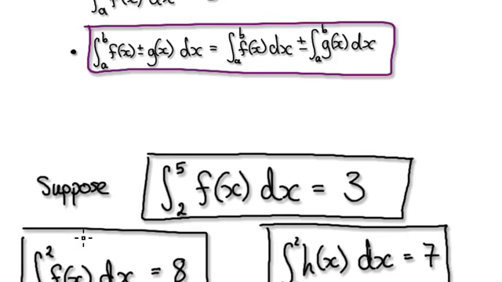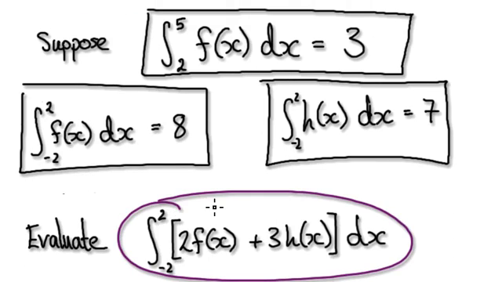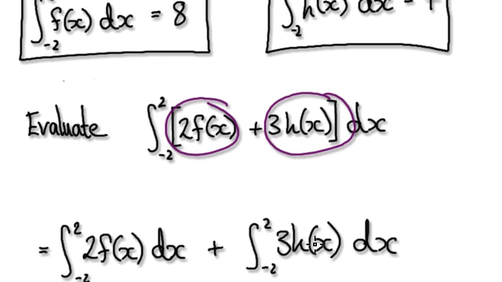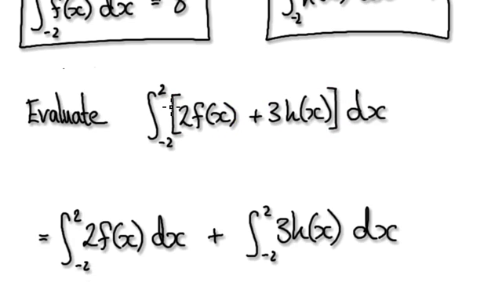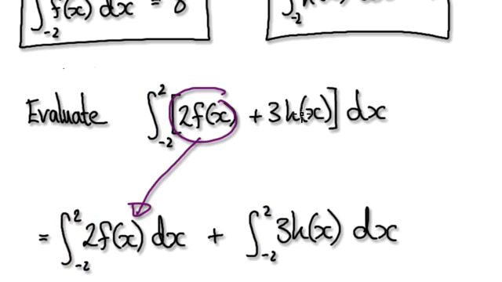So hang on. So in order to evaluate this, you can break this up into one part. You can break this up into the other part. So that then becomes this. Okay, so this is still from minus 2 to 2, still minus 2 to 2, still minus 2 to 2. But the thing is, you break this part into one part, this here into another part. Okay, and then